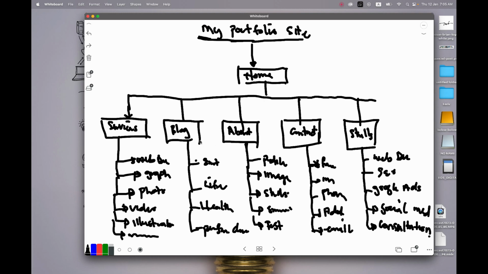But when you have a sitemap, it gives you the overall structure of what the site could be, and it makes your job easier when you're coding it or when you're building the website with any other secondary tool. So when you're building your website with WordPress or with HTML and CSS, you already know that you have 1, 2, 3, 4, 5 main pages. So the website is going to have 6 main pages, and this will be the navigation,